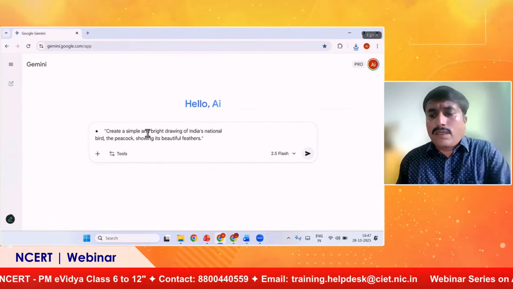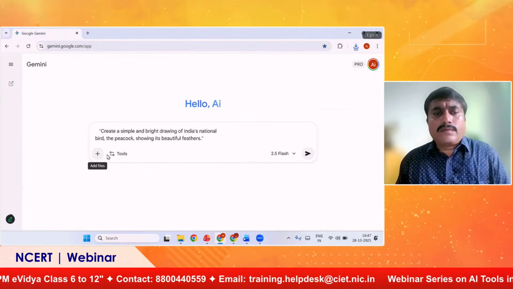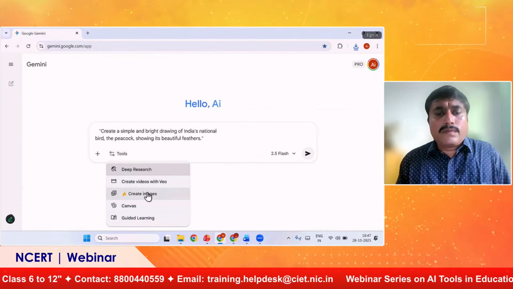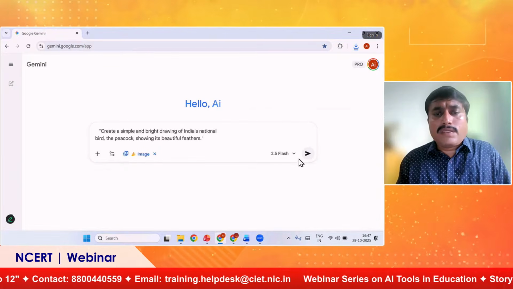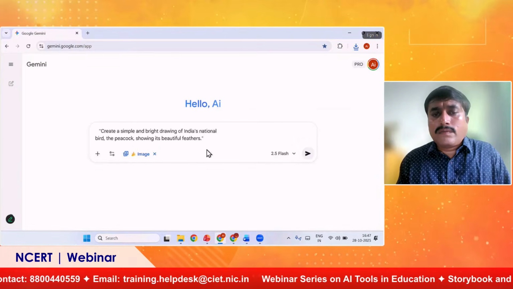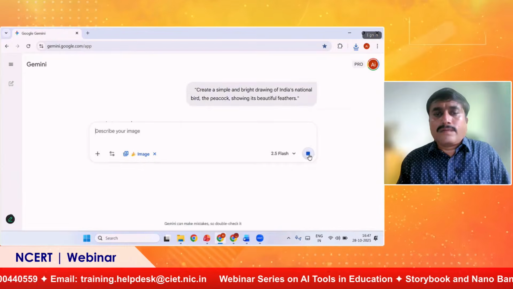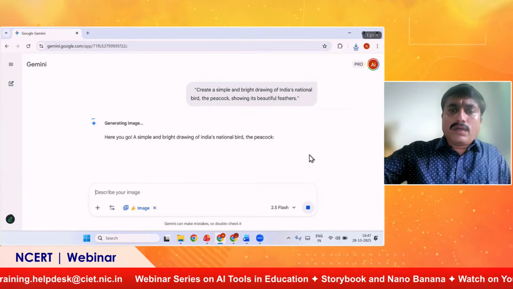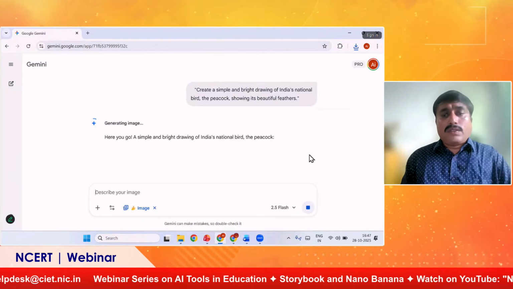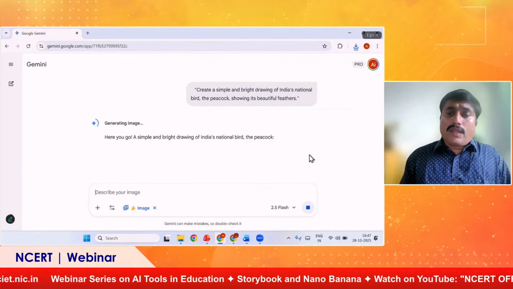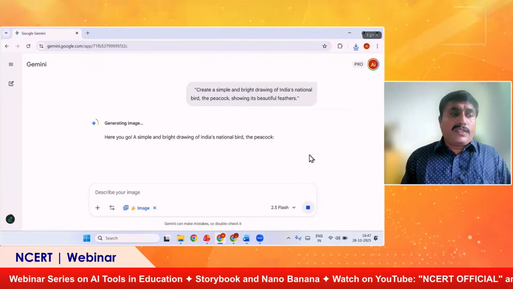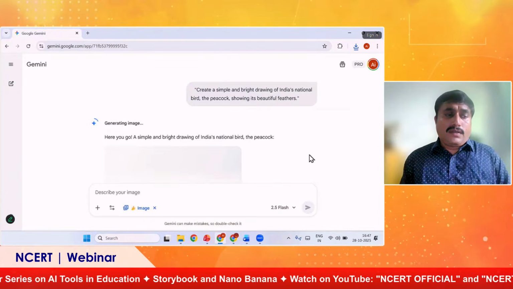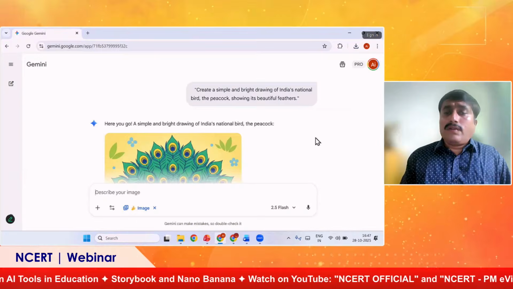So you can go here and put this prompt, an image of India's national bird. No need to go to the Google browser and tell it to generate, or prompt there.